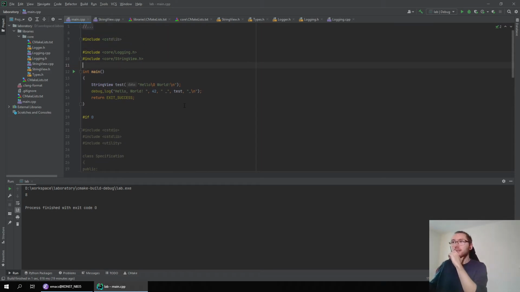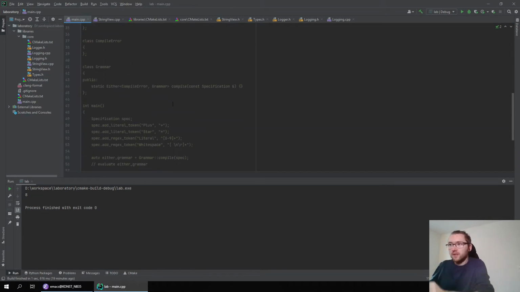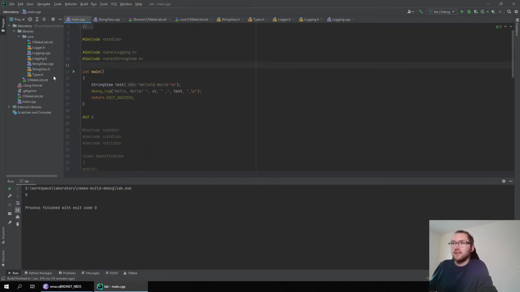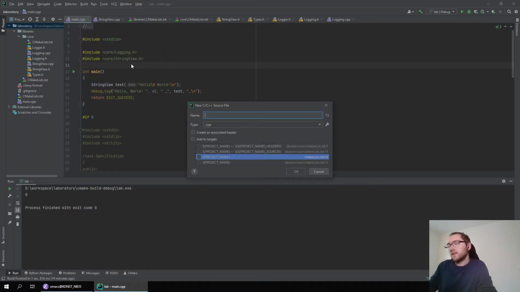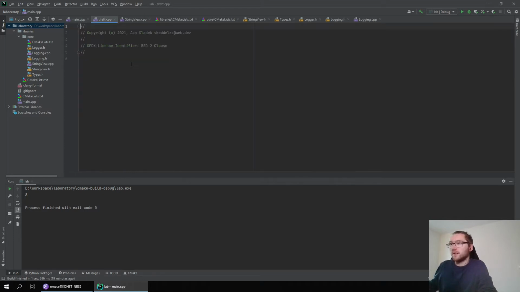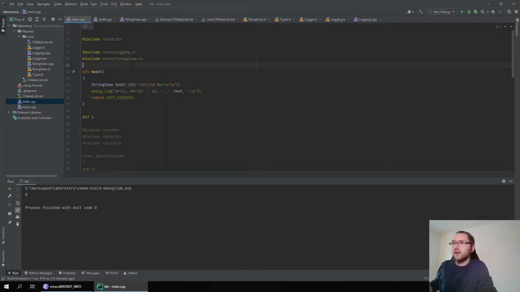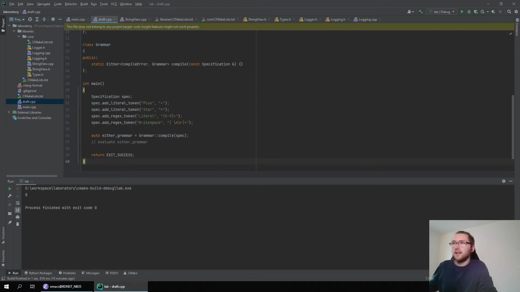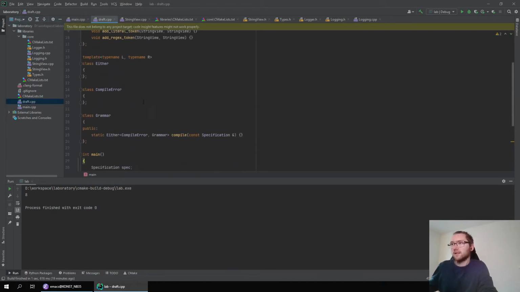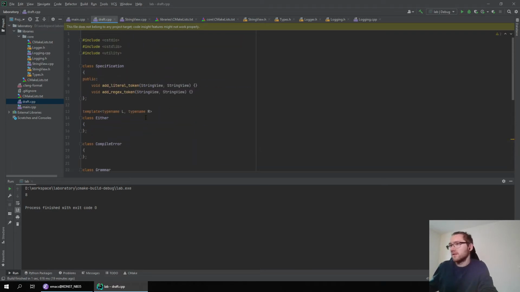But first of all, I would like to clean up the mess I've left behind. So I would like to move this out of my main file. I think it's quite messy, so let's just create a new C++ file. Source file is fine, and let's call it draft, I suppose. Don't really care, but I just want to put the code there, and yeah, I don't compile it, just to keep it somewhere different. And either we will do today.